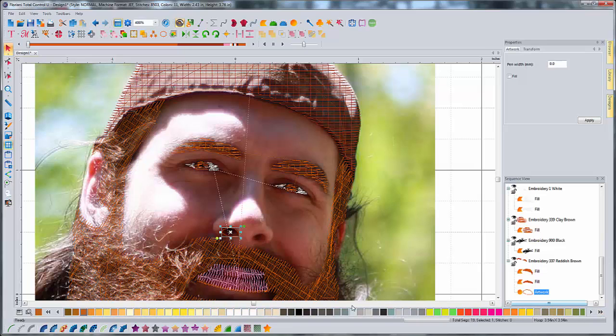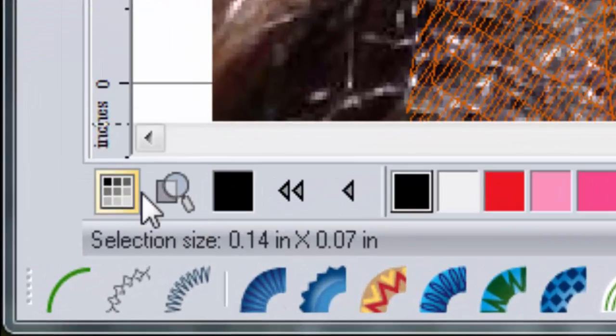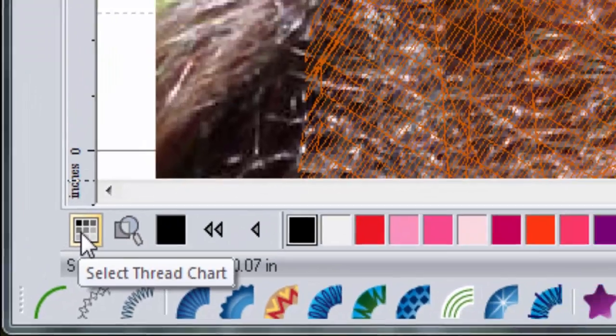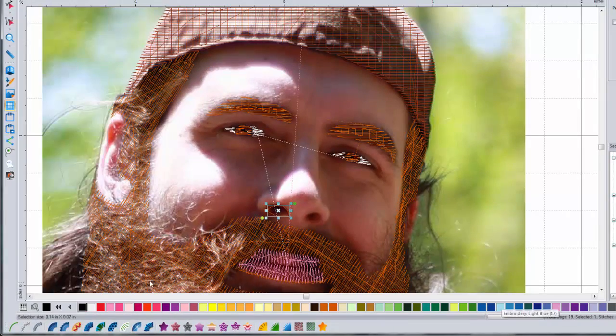This is why I never use this thread chart. There's too many colors. Alright, let's switch. Actually, I'm just going to switch back to the embroidery thread chart here. By the way, to change your thread chart, if you don't know, this button right here lets you choose whatever thread chart. And the reason I like to use the embroidery one is it's 64 colors and they all fit in one bar, so I don't have to scroll through and find 50 different colors. So black,